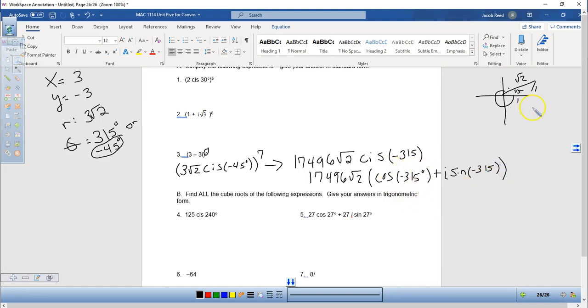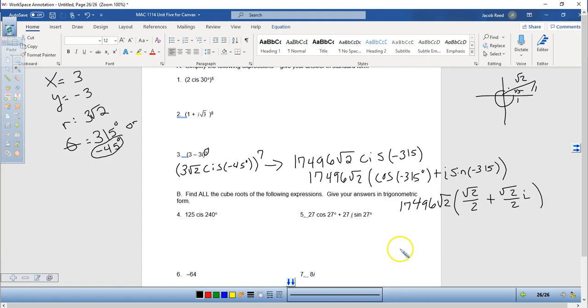Well, cosine of negative 315 and sine of negative 315 are both square root of 2 over 2. So this multiplied by square root 2 over 2 plus square root 2 over 2 i,